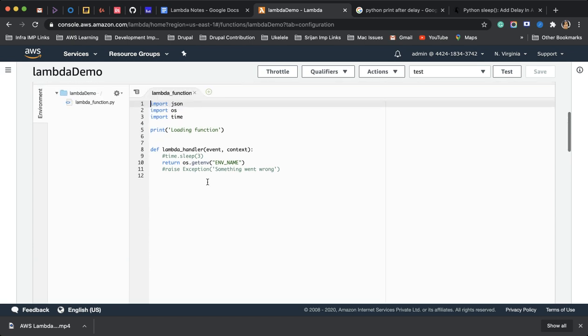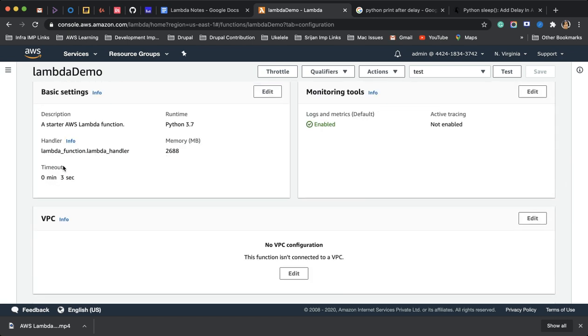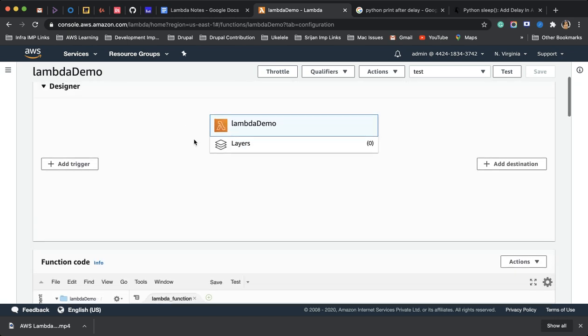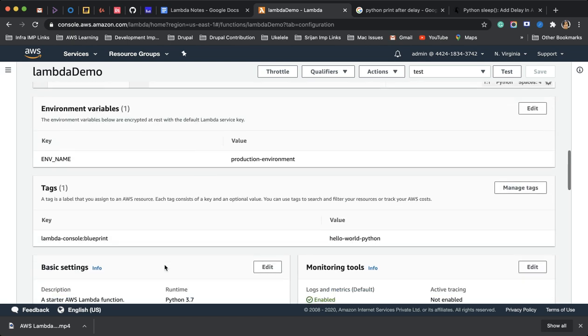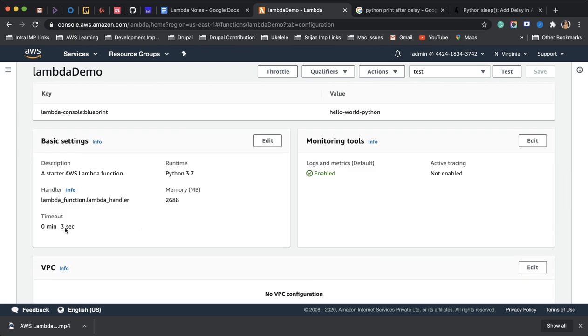So how it is going to benefit us is because if I know that my lambda function should take around 3 seconds only to process my request, but due to some reason it is taking longer than that time, then the user should know that something went wrong. So for letting the user know about this situation, we can use this timeout feature of lambda. For this demo, I have kept it at the default of 3 seconds.